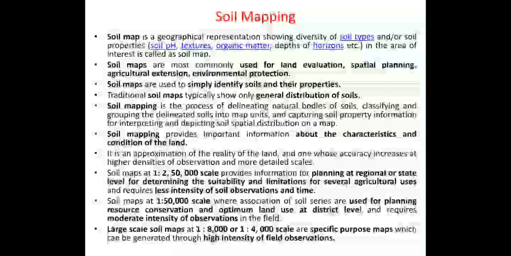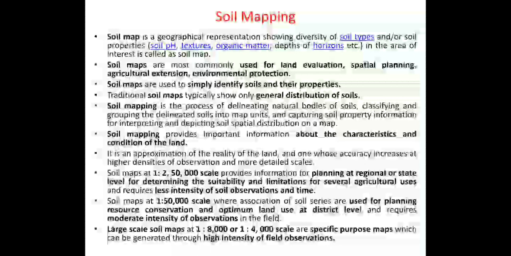How to check the suitability: according to suitability, you can choose the crop or cropping systems, as well as plan the crop production in these lands or soil types. Whatever limitations are observed, accordingly the scale should follow different agriculture practices. And these scales, that is 1 is to 2 lakh 50,000 scale, generally require less intensity of observations